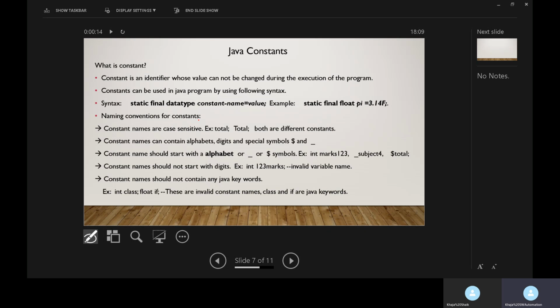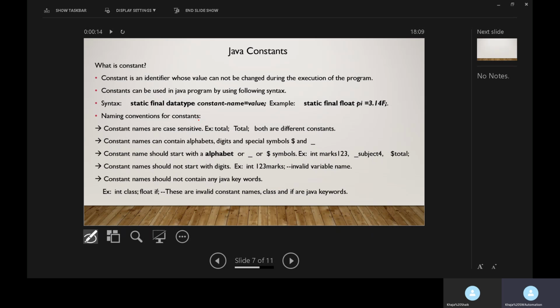Naming conventions for constants. Whatever naming conventions apply to variables, the same naming conventions apply to constants also. But while specifying the constant names, it is common practice to use uppercase letters for constants, like TOTAL VALUE. And if there are two words in the constant name, then those two words should be separated by an underscore.